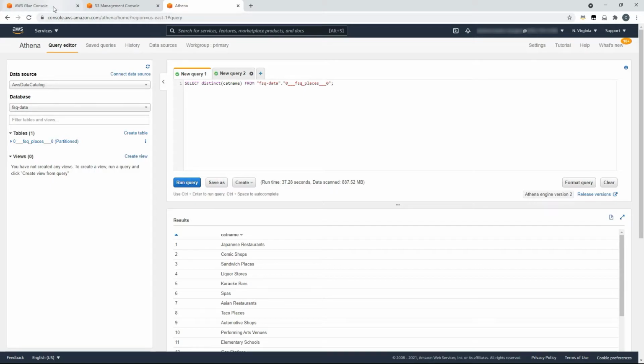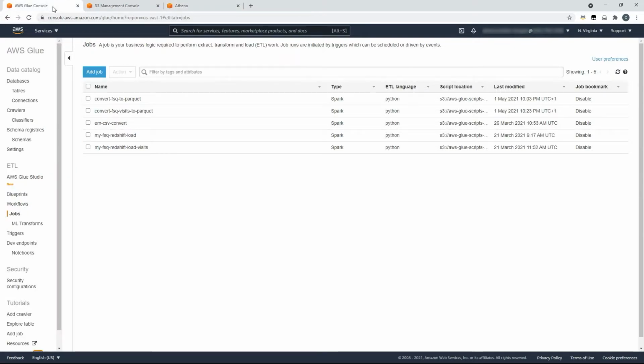So to do that, we're going to move back to AWS Glue, and here we're going to explore jobs. So how can an AWS Glue job help? Well, as it says at the top, a job is your business logic required to perform extraction, transformation and load work. In my particular example, my data is in CSV format, and that isn't particularly effective for query. So what I wish to do is actually optimize this data. And what I'm going to do is convert it from its current format, which is CSV, into a new format,